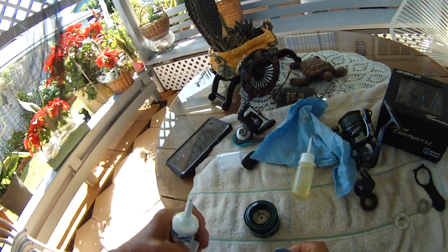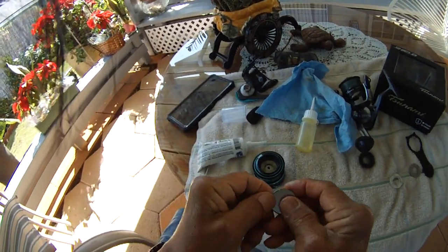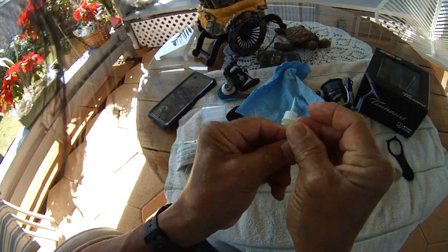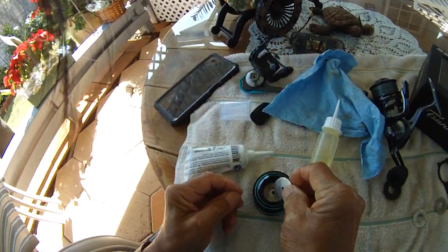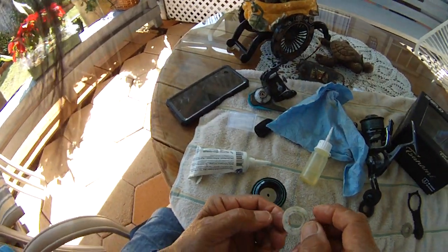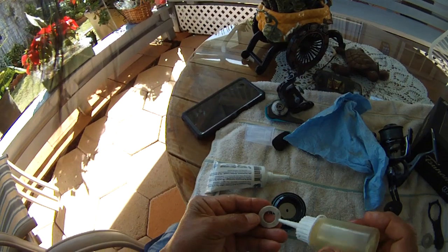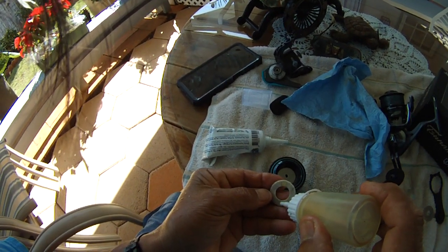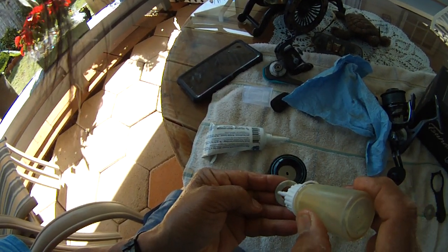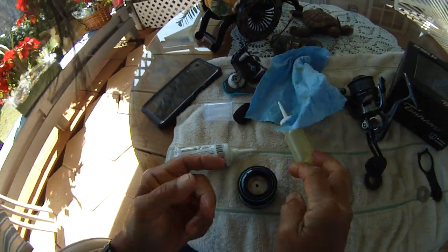So I'm putting grease over here. They had grease on top here, not that much though. They had a little bit. So I'm putting grease on both sides and just film. Make sure that there's no sand and grit. Alright. Like I said, I'm doing this. I'm not sure this is the proper way though, but